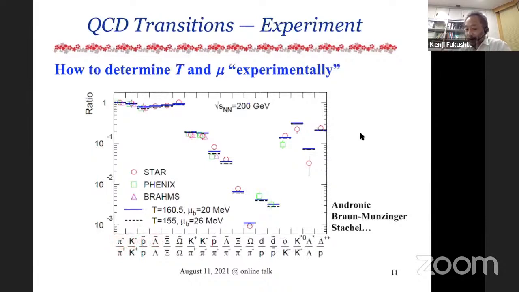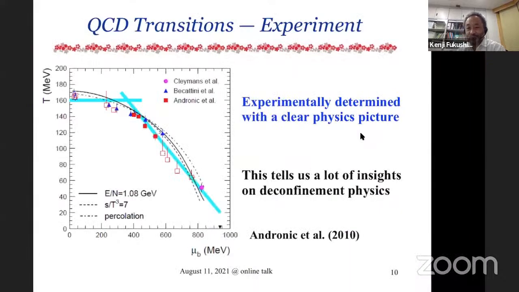And then these ratios are determined by the chemical potential and the temperature if you assume thermal distributions. Okay, the Bose distribution or Fermi-Dirac distribution, and if such thermally equilibrated matter is assumed, then the ratio is completely fixed by the chemical potential and the temperature. And from this fit, this is called a thermal fit, the mu and T are identified. This is how this phase diagram was drawn experimentally.